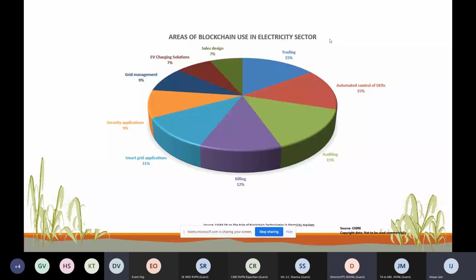You can see auditing and billing is again leading here. 7% is used in EV charging solutions, which is definitely helpful. Smart grid application 11%, automated control of DERs and trading. You can find that only 9% is used in grid management. That means most of the blockchain technology can be used in the distribution part, or the lower side of the grid,